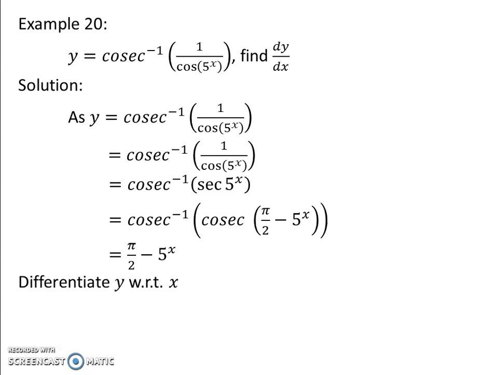So differentiating y with respect to x. So we get pi by 2 का derivative 0 minus as it is 5 raised to x का derivative 5 raised to x log 5. So again, if you observe, this problem looks very difficult initially, but if you simplify using the trigonometric simplification, the problem becomes very easy. So whenever we have inverse trigonometric function inside trigonometric function, we try to utilize the formulas so that जो result है inverse और function का cancel out होगी, सिर्फ आपको function in x मिलेगा. ठीक?